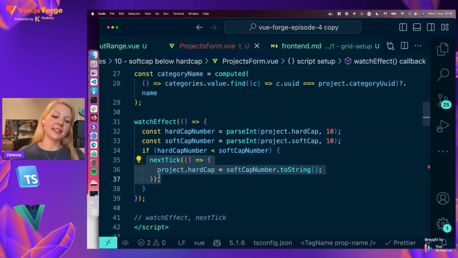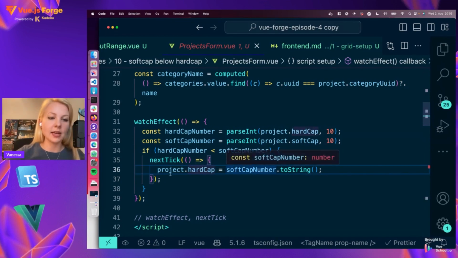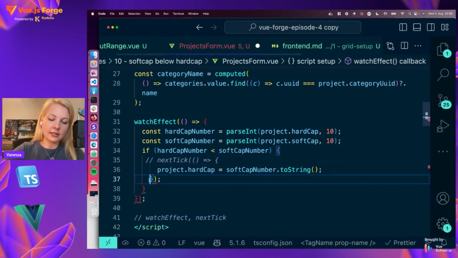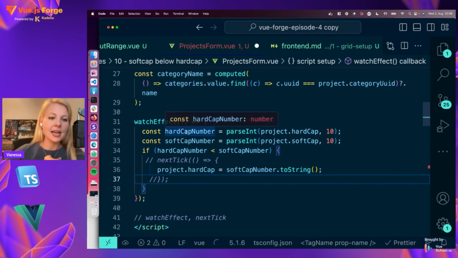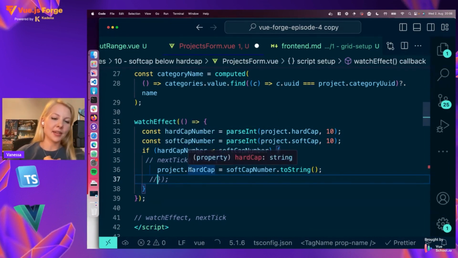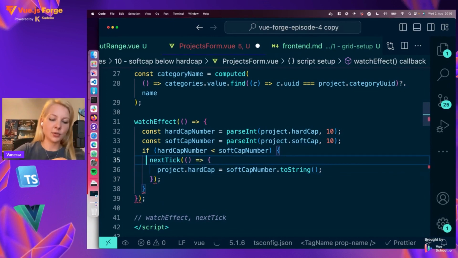I'm waiting for the next tick, and then I am setting the hard cap to the soft cap number as well. If the next tick is not there, it would work if you increase the soft cap to a certain point, that it also increases the hard cap. But if you would decrease the hard cap, it would not work out of the box, because this is a callback function that gets called at the moment I'm changing the hard cap number. And if I want to also set the hard cap at the same time I'm already changing the hard cap, it's just not working. So what I'm doing instead is using Vue's nextTick